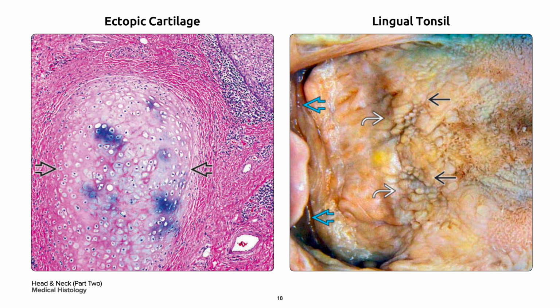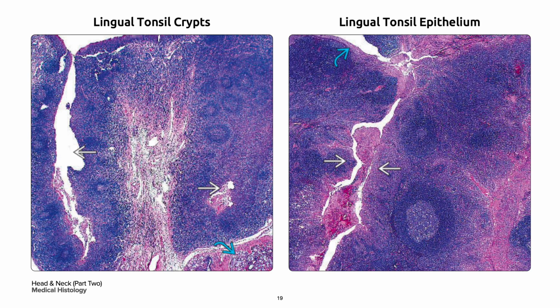On your right is a lingual tonsil, which is on the base of your tongue, consisting of irregular nodular tissue in curved white arrow, corresponding to mucosa covered lymphoid tissue with surface invaginations. It is located posterior to the sulcus terminalis in single black arrow and anterior to the valleculae in bold blue arrow. On your left, similar to the palatine tonsils, are the lingual tonsillar crypts in white single arrow that